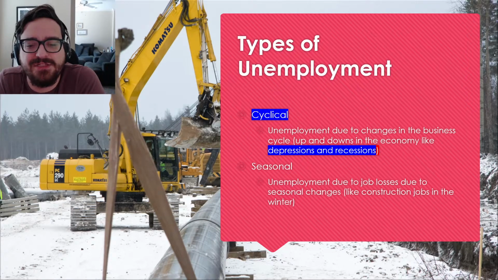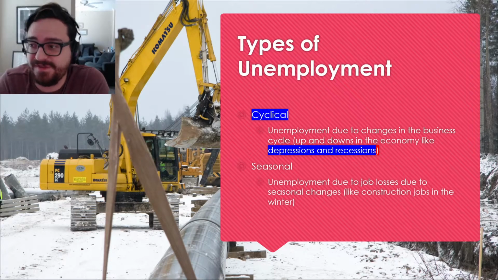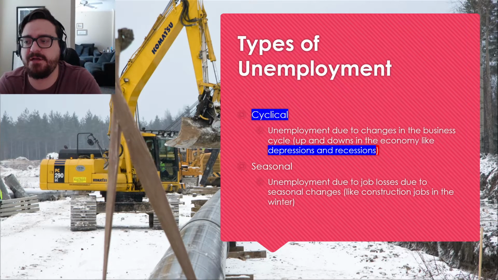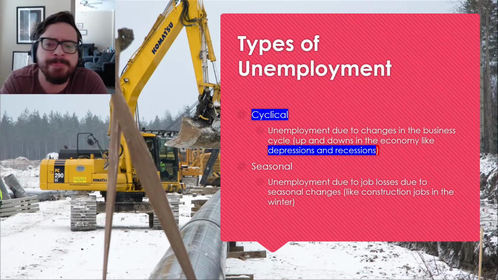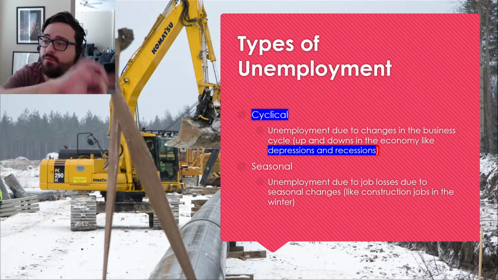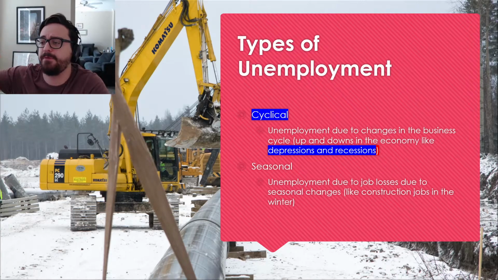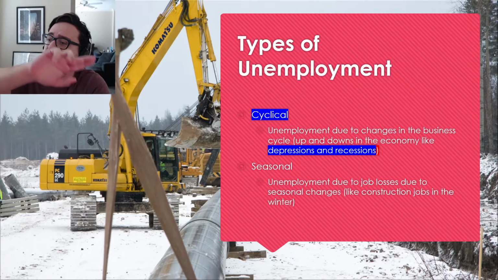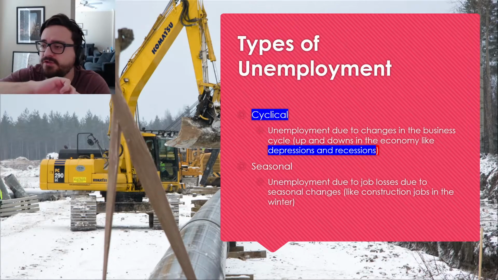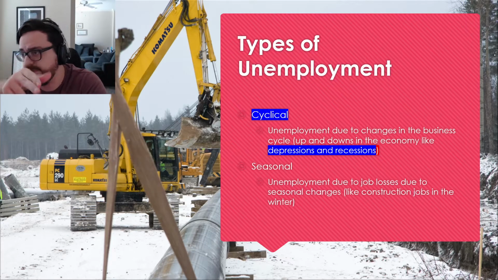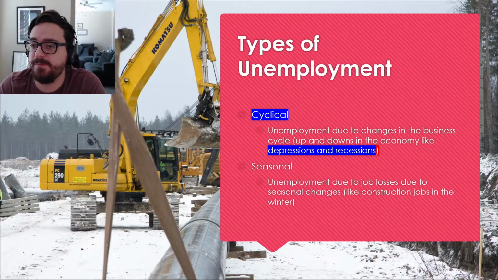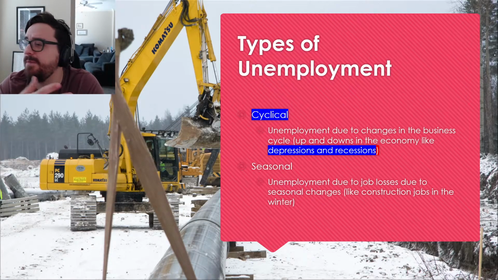Cyclical unemployment is due to what's called changes in the business cycle. If you're not in my class, you might not have heard about the business cycle yet. If you're in my class, we'll be covering the business cycle a little bit later on, in about a week or so. But the business cycle is this wavelength-looking graph of our economic performance over time, where you have these upward stretches, which is when our economy is growing. These are called inflationary periods because generally when your economy is growing, you will see prices go up. And then you have these downturns, which are called recessionary periods or recessions, or maybe even depressions, which are just more severe versions of that.